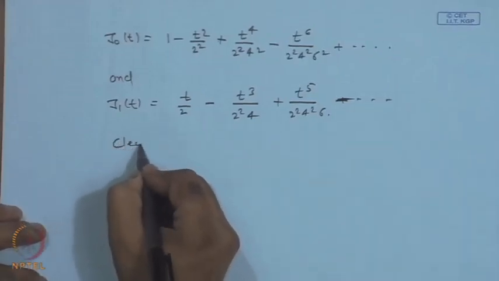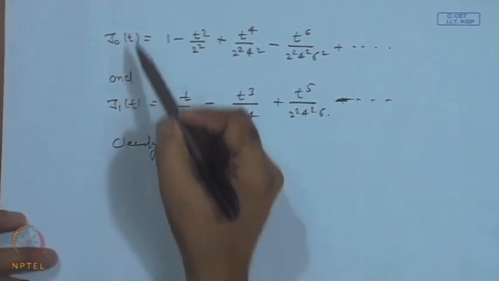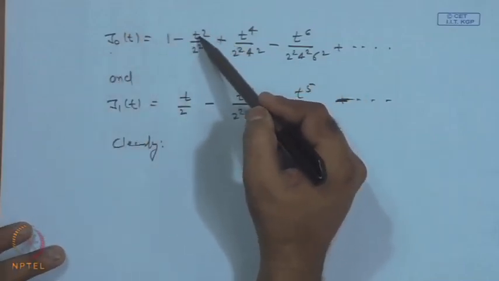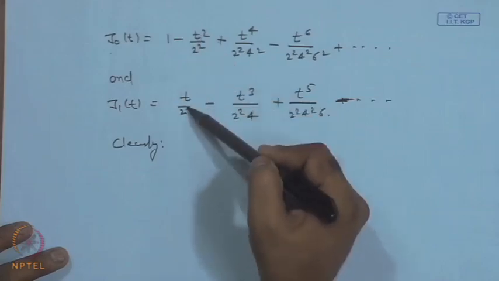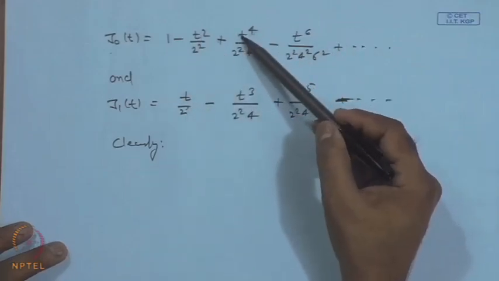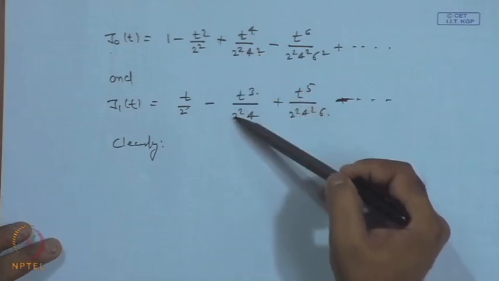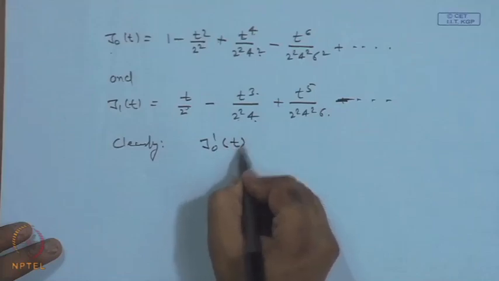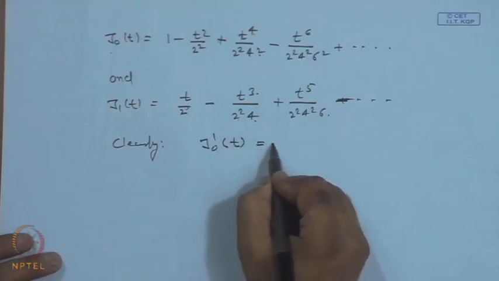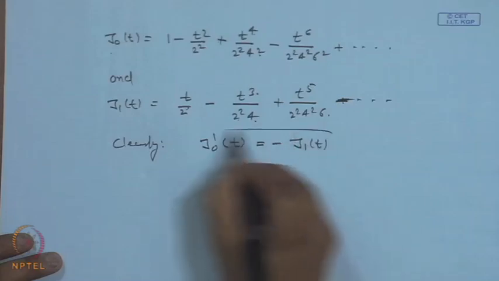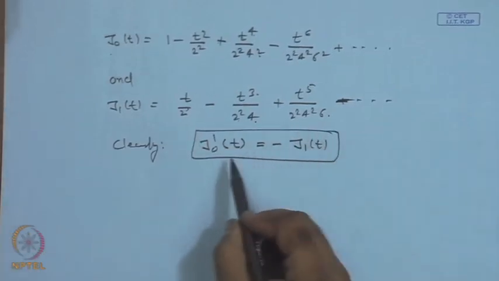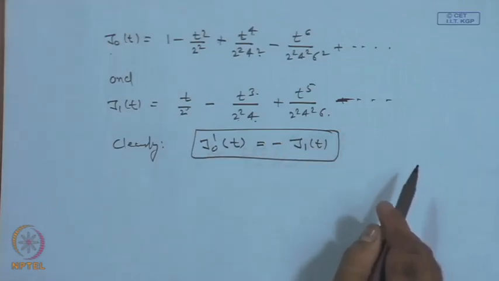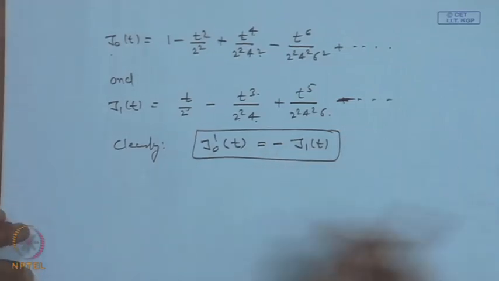And it is interesting to see that if we take the derivative of this J_0 function, you will get minus 2t over 2 square, that means t over 2. Here we will get again the 4 times the t cube, and this 4 will be cancelled. So, we have 2 square 4 and so on. So, the derivative of this J_0 function is minus J_1(t). So, if we know the Laplace transform of one, we can get the Laplace transform of the other one.